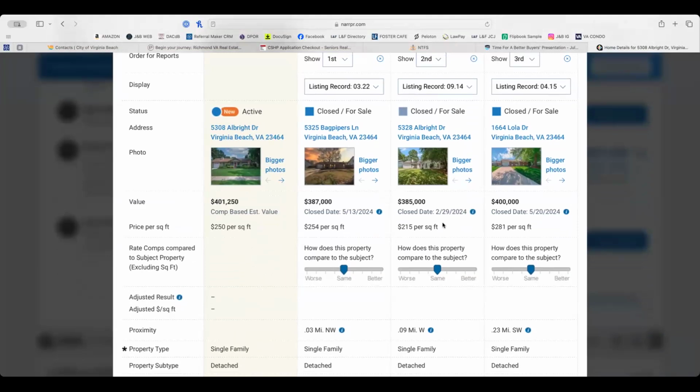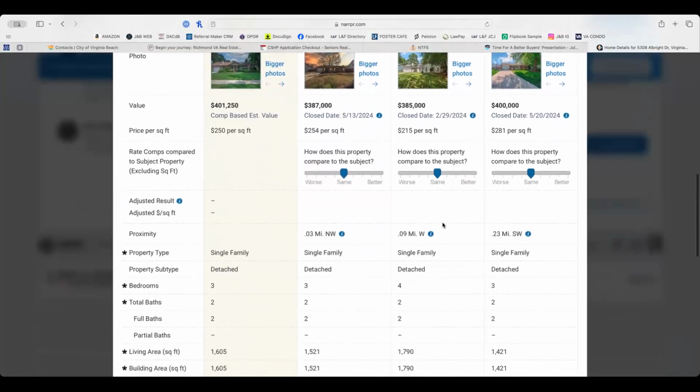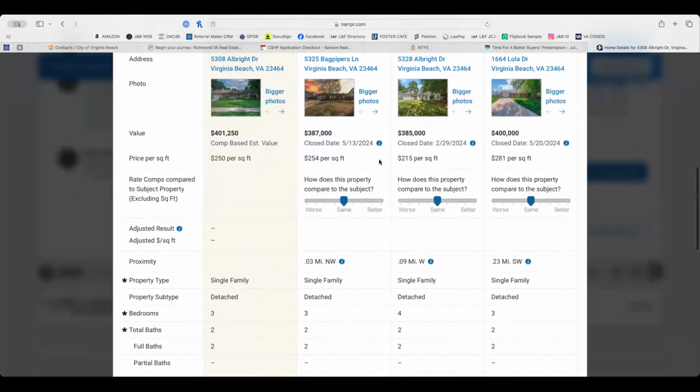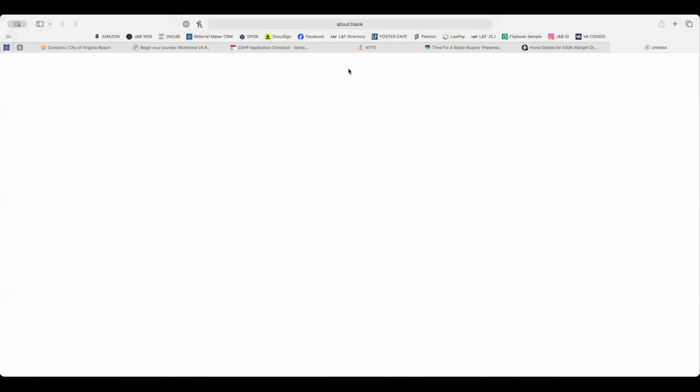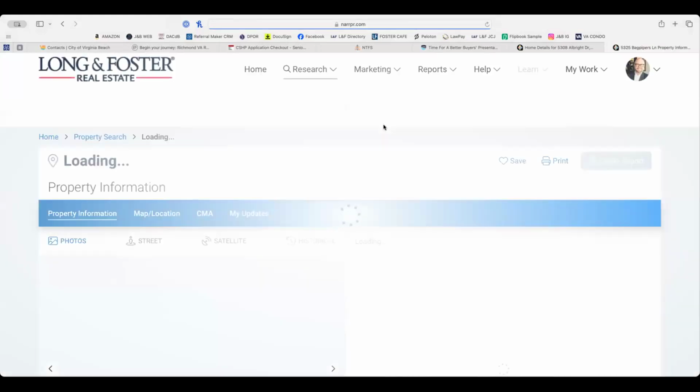And this is where we can get really, really into the weeds. So we have Bagpipers, Albright, and Lola, and we can adjust the scale to say, okay, this is a better property or this is a worse property. And you see what happens here right below that as you move along, it adjusts and takes values off, okay? Now this is going to require us to go and look at these individual properties